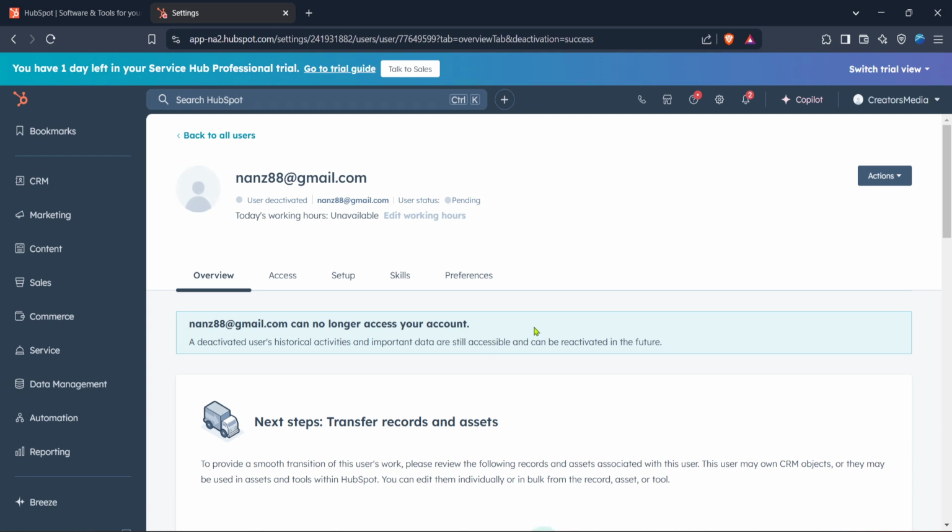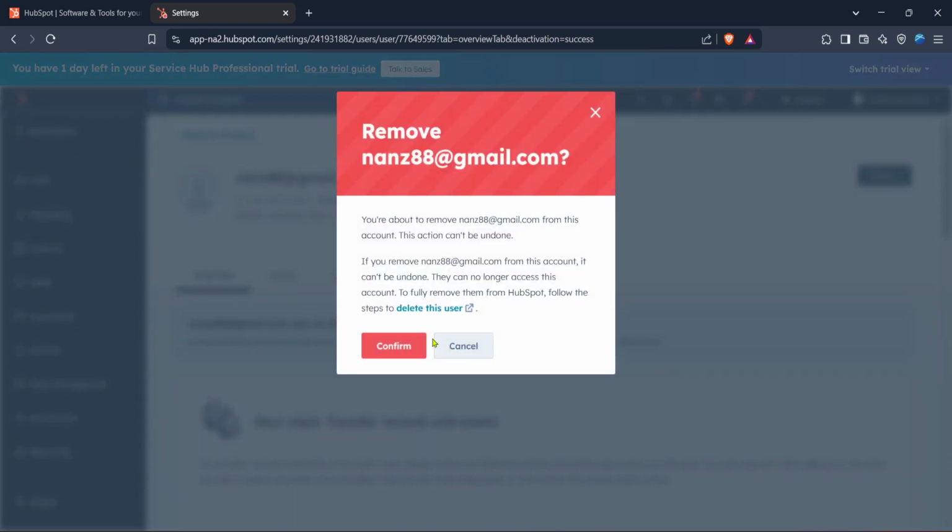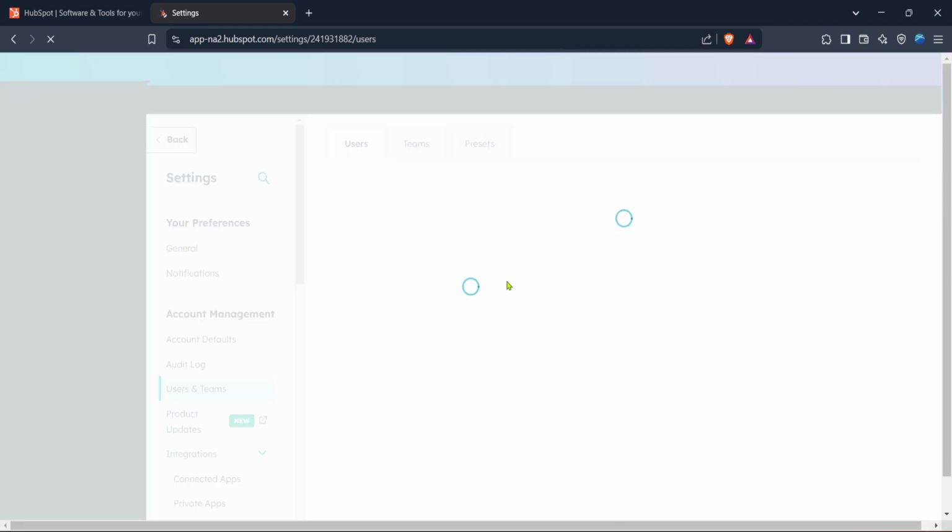Ensure you have reviewed the implications of this action on your business operations, especially if the user was involved in ongoing projects or had specialized permissions. I hope this guide was clear and helpful for you. Deleting a user is a task that should be performed with caution, but following these steps will ensure it's done